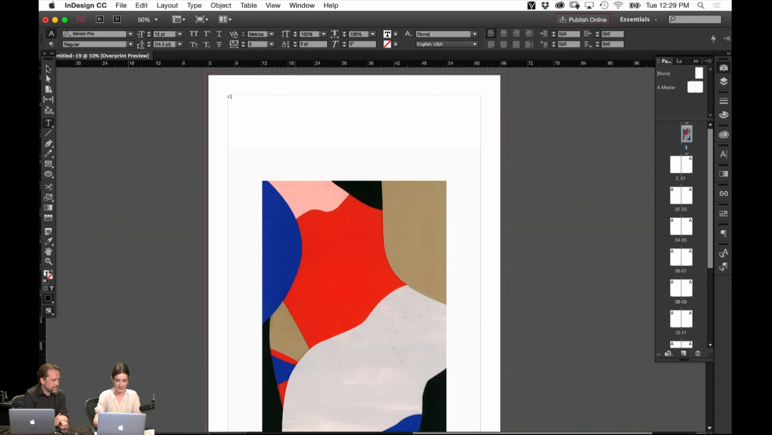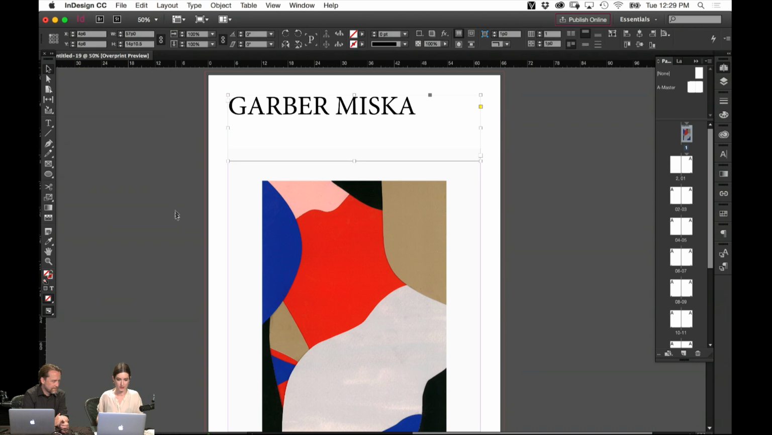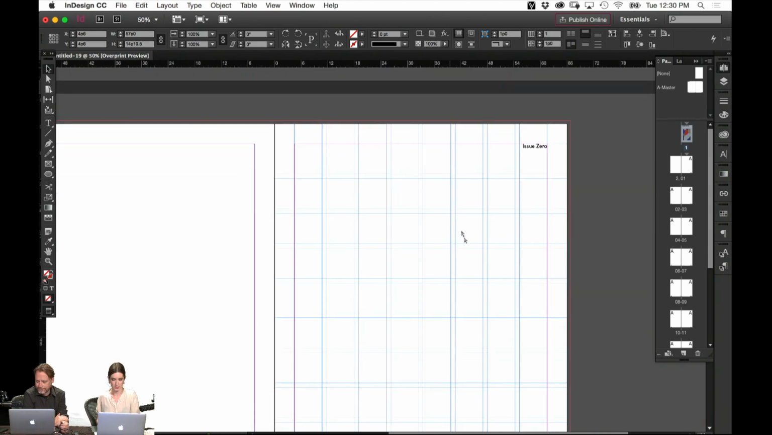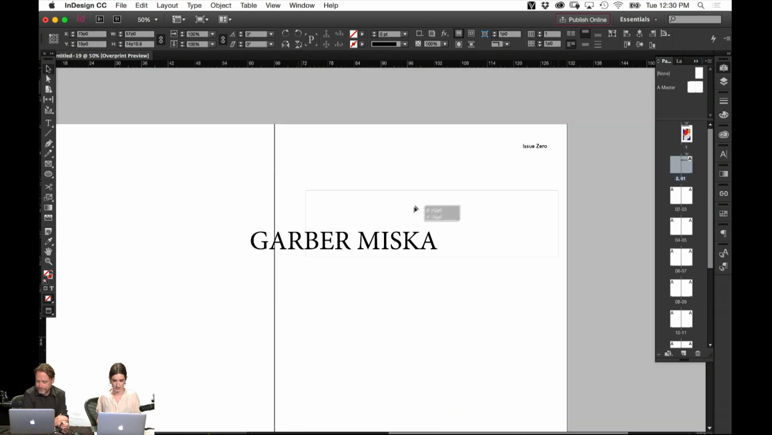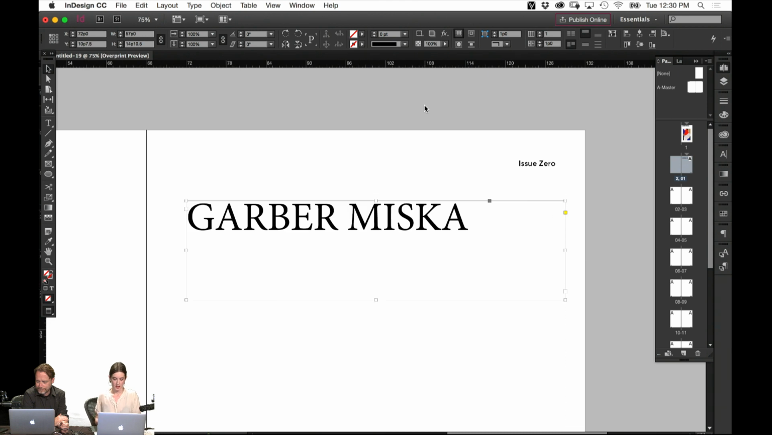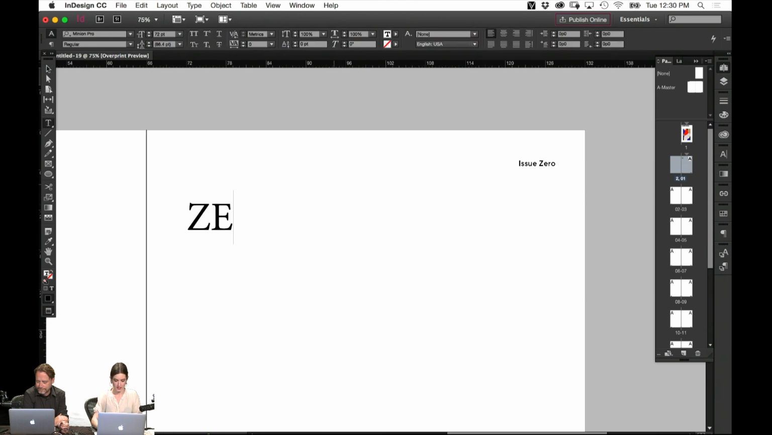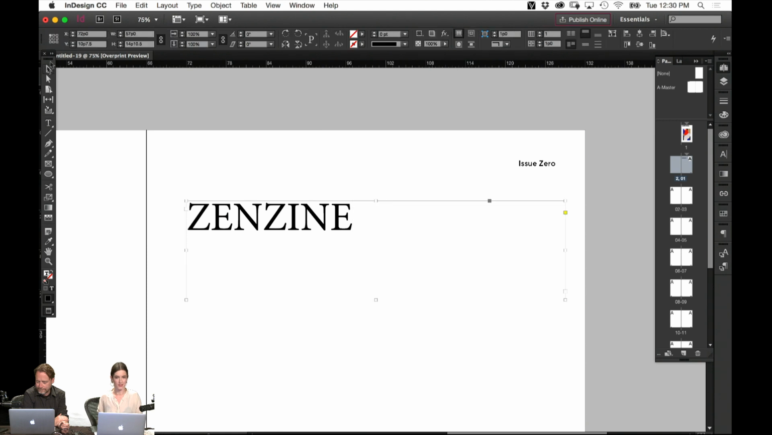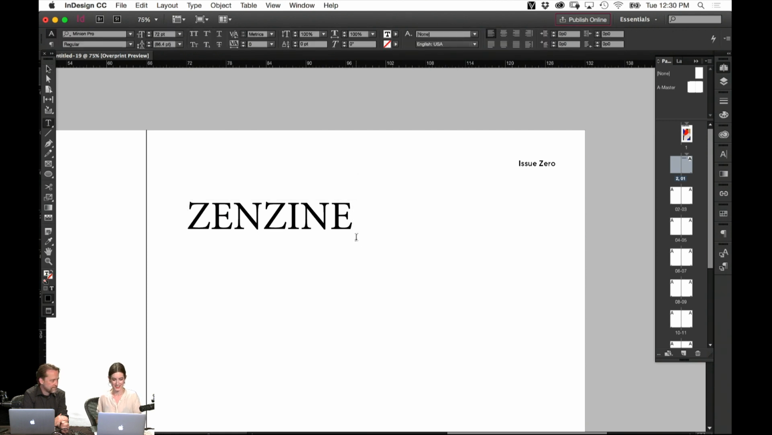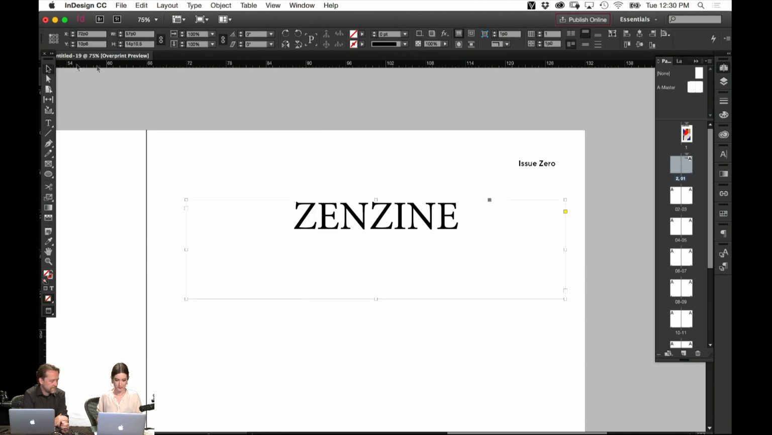I'm going to make this way bigger. Not that big, so you guys can see it. So we're going to play around with some type options, and I'm going to do this on another page just so we can have a clean space to work in. I'm going to go with Zenzine, but I would love all of your opinions on what you think it should be called. And then tomorrow, I thought it would be great to